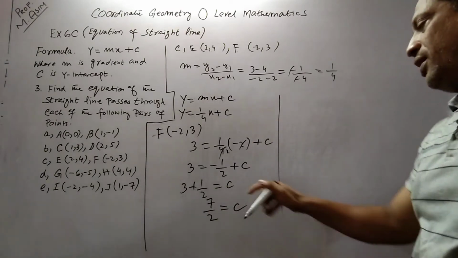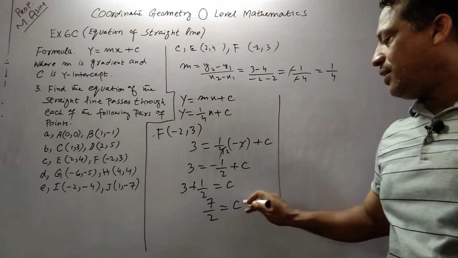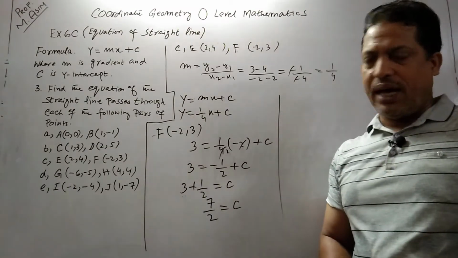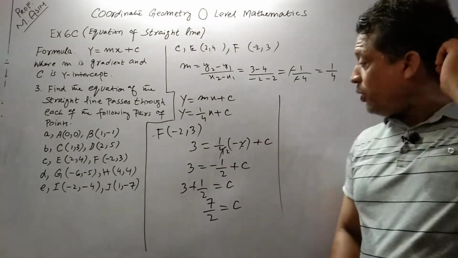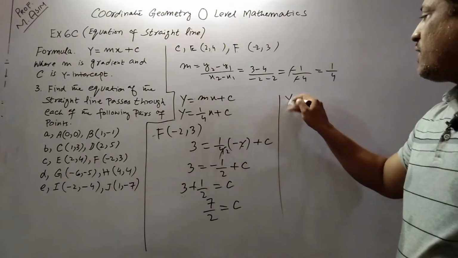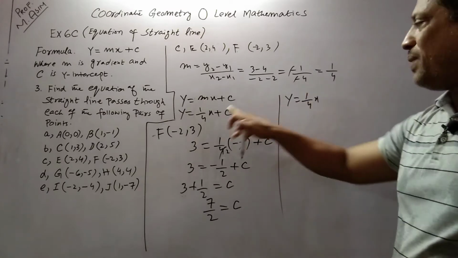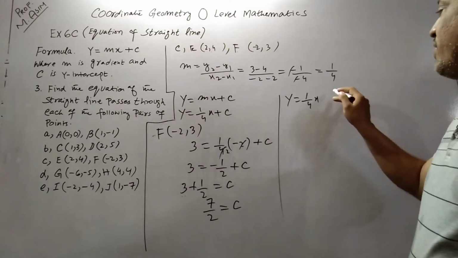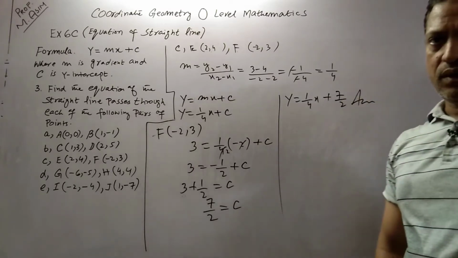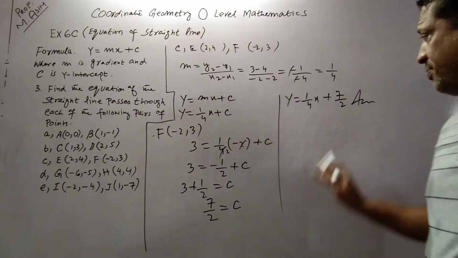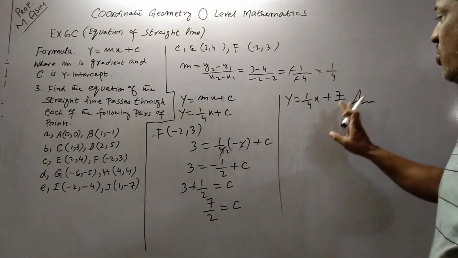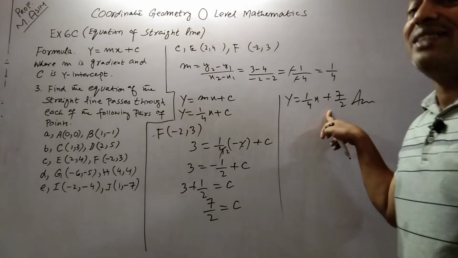I hope you can easily find the answer of 3 plus 1 upon 2. I am not showing LCM. I have written directly 7 upon 2. Now what is the final step? Final step is to take this equation, y = (1/4)x + c. What is the value of c? 7 upon 2. This is our answer. Okay student? Or in some books, if you don't want to write the answer in fraction,